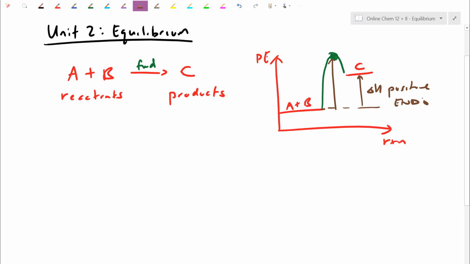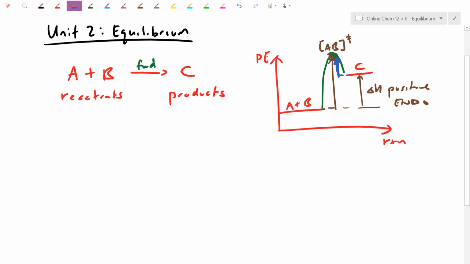What I want to show you in this graph is that we'll see the same activated complex. The activated complex is essentially A and B smushed together, right? It's that transition state. We use a symbol there. What you will notice is that the activated complex is not only a temporary species in the process of rearranging bonds, all that is still true, but I could actually make the activated complex if I started out from C as well. So if I start out from C, in fact, for an endothermic reaction, the energy barrier is a lot lower in the reverse direction because C stores a lot more energy to start off. All that to say, because I could go forwards and create the activated complex, or C can recreate this complex and come back the other way,